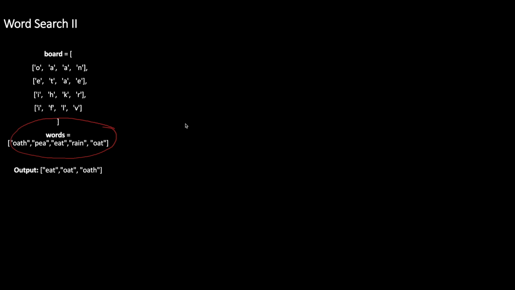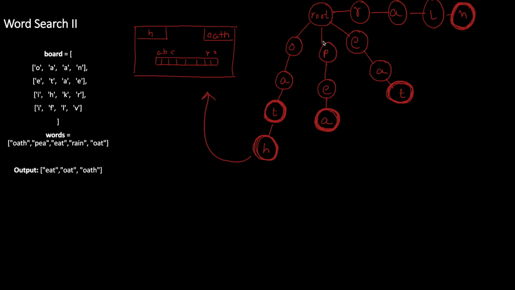So we are going to simply iterate over this words array given to us, and we will create a trie data structure. Actually, I have created it earlier, so let me just show it to you. It will be something like this. In the trie data structure, we have a root node, and if I'm adding oath to it, basically it will have a node with value O, which is connected to a node with value A, which is connected to a node with value T, and finally a node with value H. And somehow we have to mark this node as well.